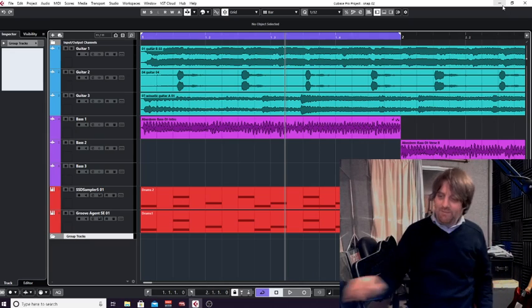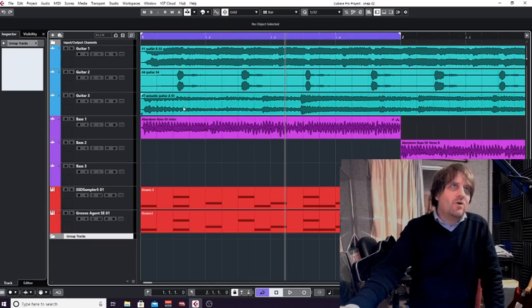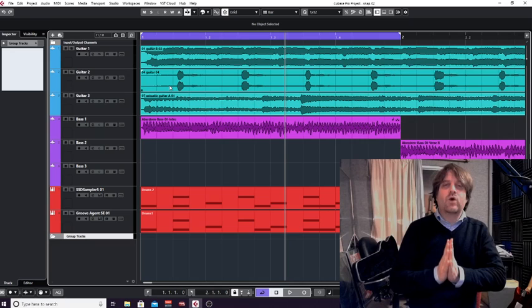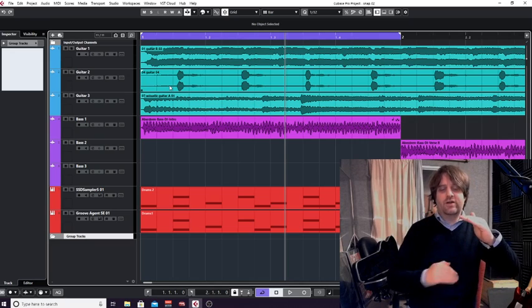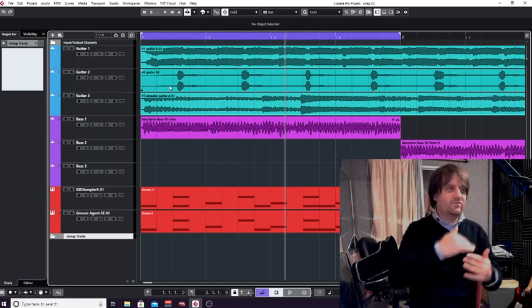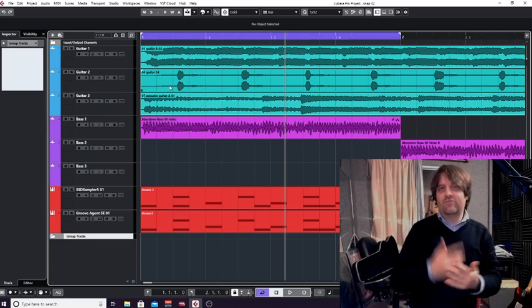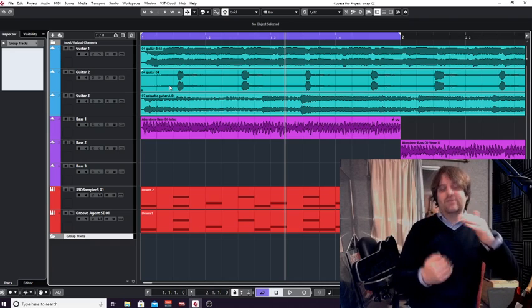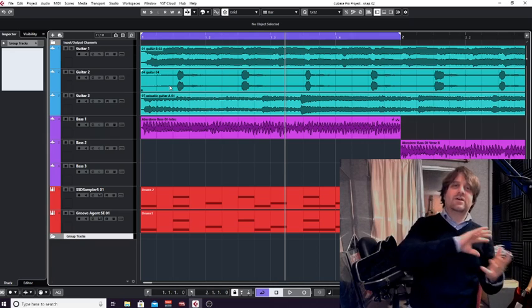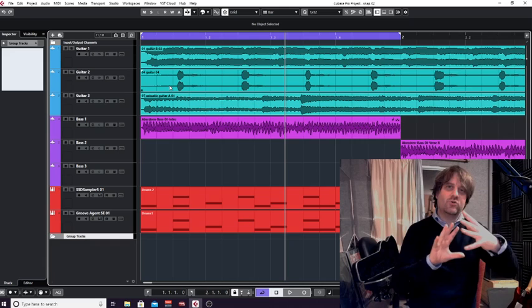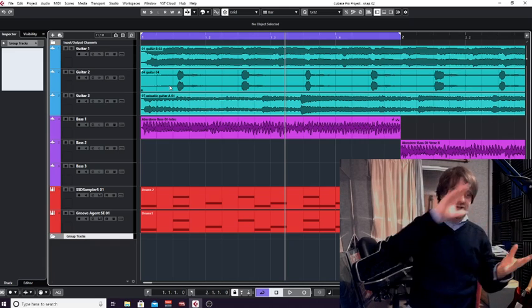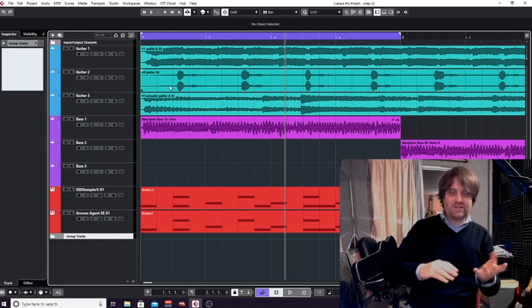But back to group tracks. The main reason for using a group track would be to improve your workflow. Certainly as you go on and you're writing more and more tracks, once you get over 30 tracks of audio and MIDI, you're going to end up with the mix being quite difficult to control unless you're taking instrument groups, say guitars, bass guitars, drums or percussion, and you're sending all of those separate tracks to